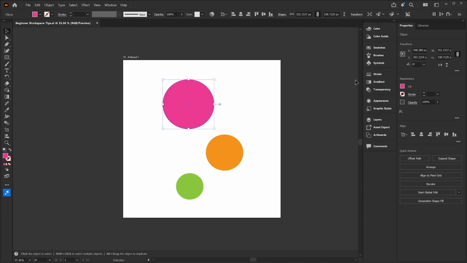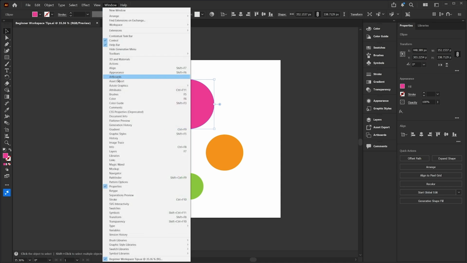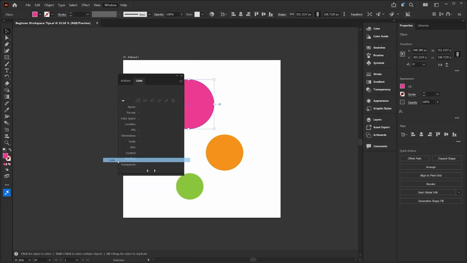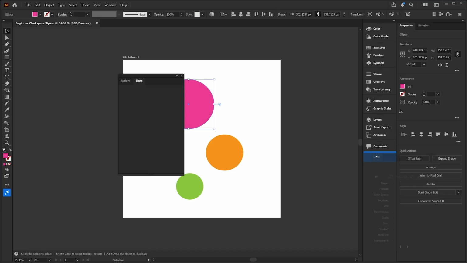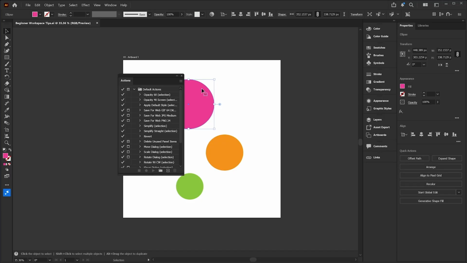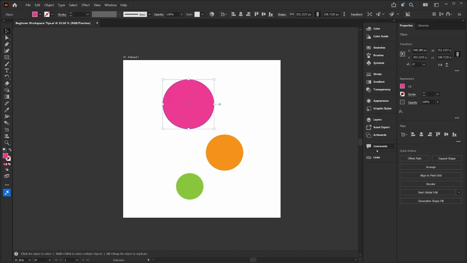Taking a look at the panels that we have in this workspace so far, these are most of the panels that you would use frequently. However, you may find that you want to add a panel. For instance, I often use the Links panel to make sure that my images are embedded properly. Anytime you need a new panel, you can always find that under the window menu. So I'll come here to Window Links, and I will just drag that to dock it here underneath the rest of my docked panels. I will close the Actions menu, and I don't typically use comments, so I'm just going to pull that out of my toolbar and close that.